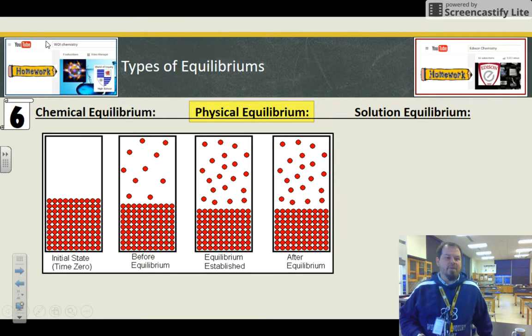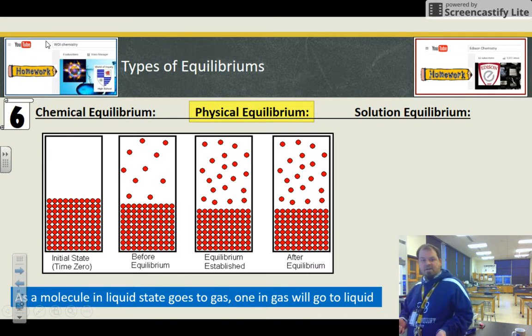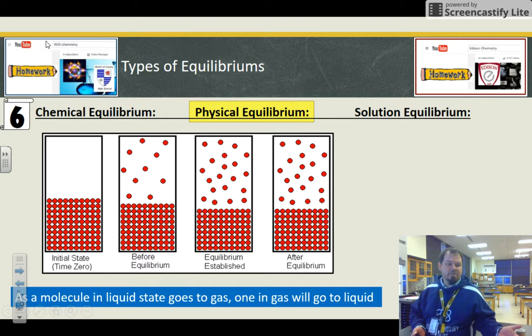Physical equilibrium, this is phase equilibrium. So this is what happens before we actually change phase. Equilibrium will happen as I'm changing between phases. This happened on the flats, so I would write down that this is what happens on the flats. As one molecule of liquid goes into gas, another will go into liquid. And this is happening in a sealed container. So the initial state here,